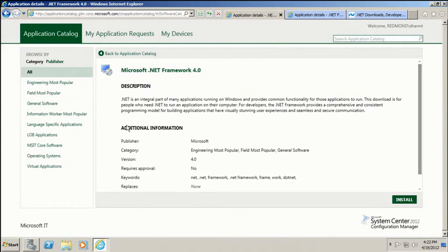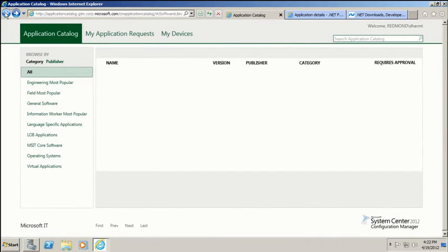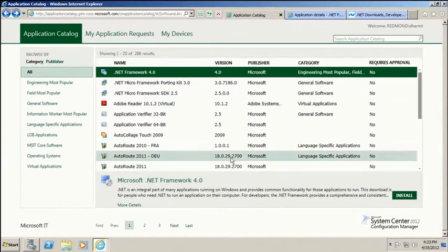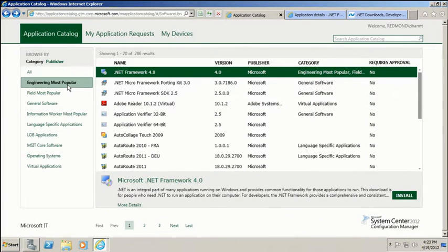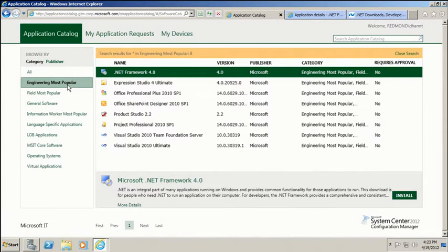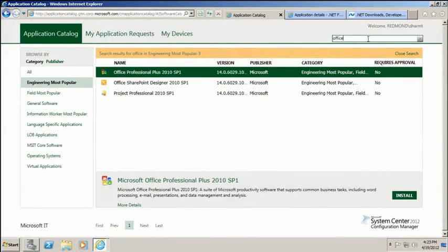And also, you can filter your applications. Hold on. Let me go back to the main page here real quick. While the main page is loading, you can filter your searches based on the category. On the left-hand side, you have the categories, such as what are the engineering most popular applications at Microsoft. Or you can use the search function on the top. It's going to tell you what all the Office applications are. The search goes by the name, and it's going to go through the taxonomy. If it matches any keyword, it's going to display the